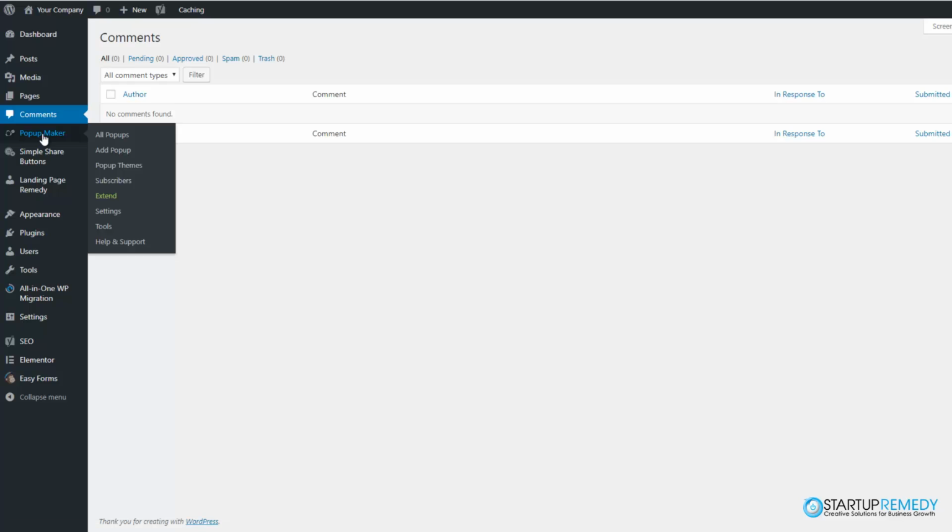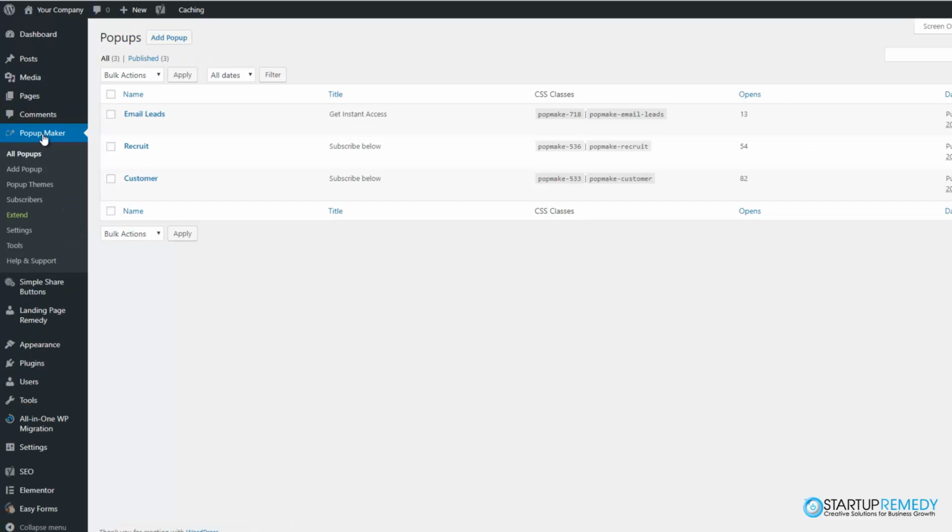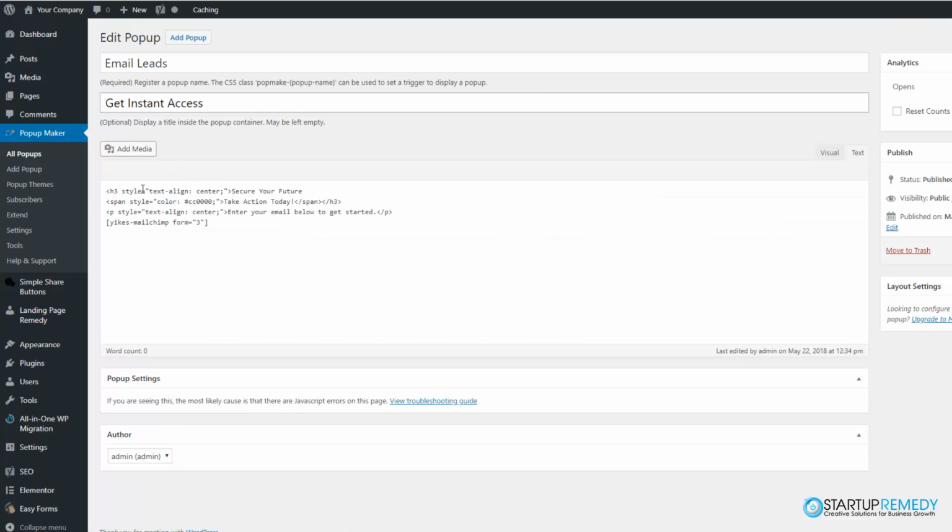The pop-up maker, this section is how your opt-in form appears as a pop-up on your page. There are currently 3 pop-ups, which are the email leads, the recruit page, and the customer page. If you ever need to edit the content of a pop-up, such as the title or the text, then you can